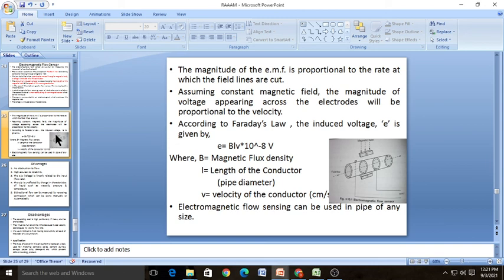We already took hydraulic and pneumatic actuators, then linear electrical actuators. Okay, so this is the selection of sensors and actuators.